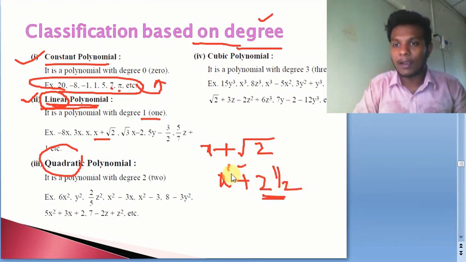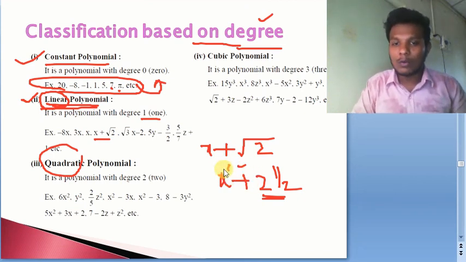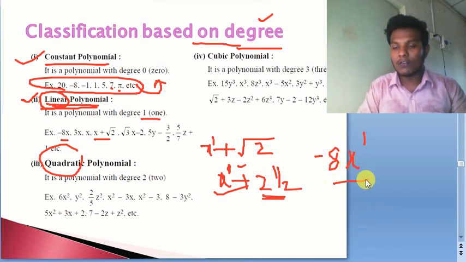To classify a polynomial, or to find whether it is a polynomial, we have to keep in mind that the exponent of the variable involved must be a whole number. That is the sole condition needed. So here 1 is there, so it is a first degree polynomial or linear polynomial. Here minus 8x is there, and x power 1 is there by default if nothing is written. So that is why it is also going to be a linear polynomial.